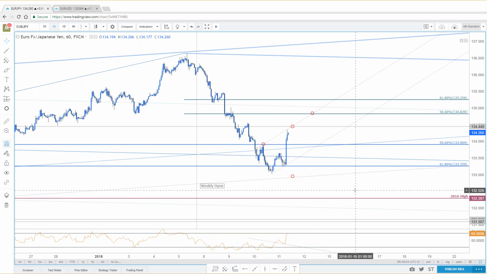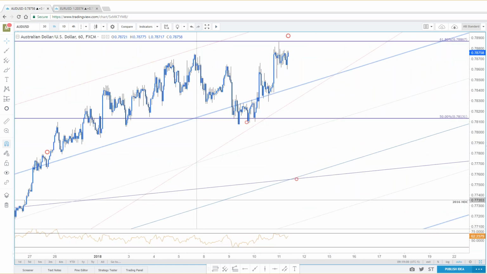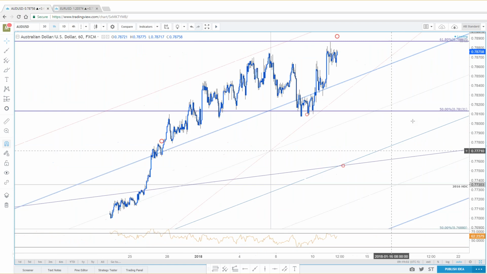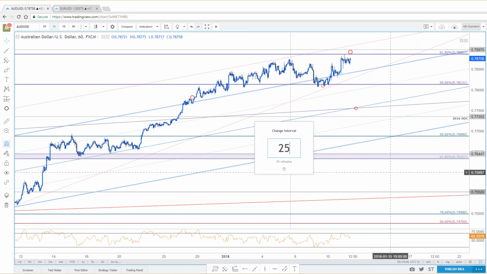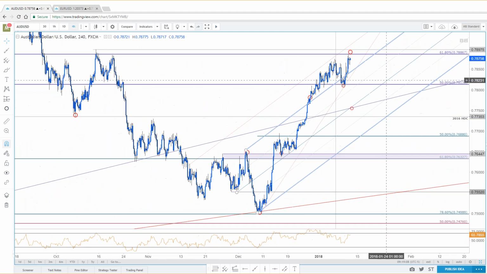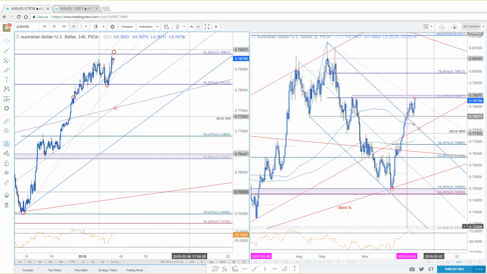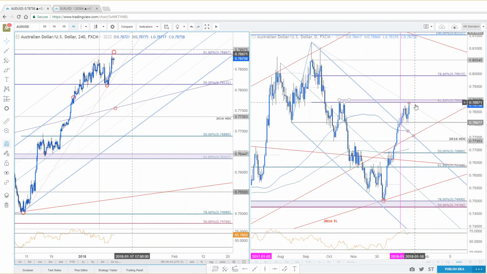Okay, last but not least, on the menu for today, I have Aussie, and we kind of briefly talked about this already, but 78.86, such a big region, really, really big for me, and basically, I want to see resistance hold here near term.